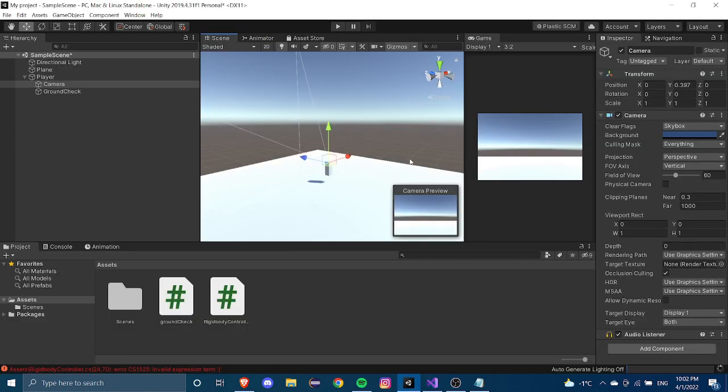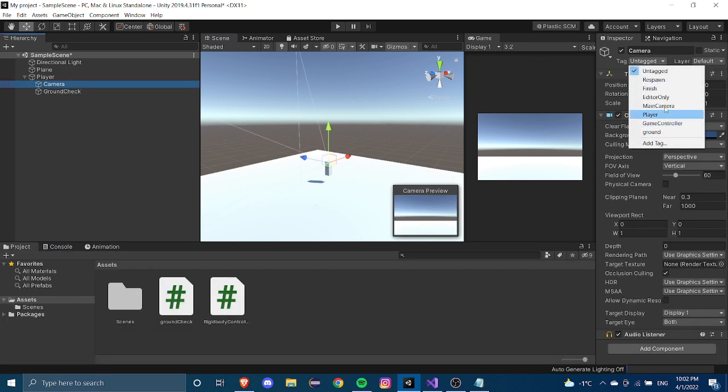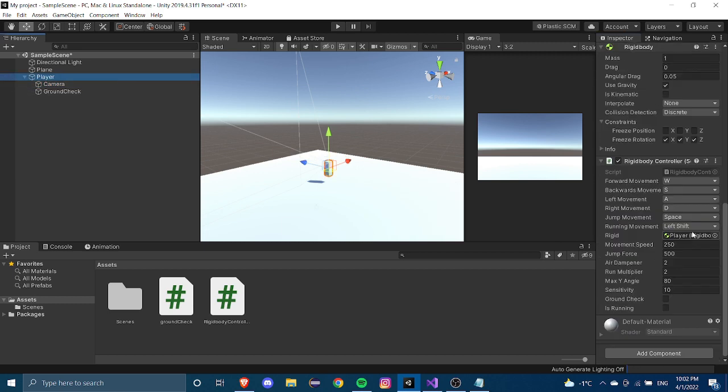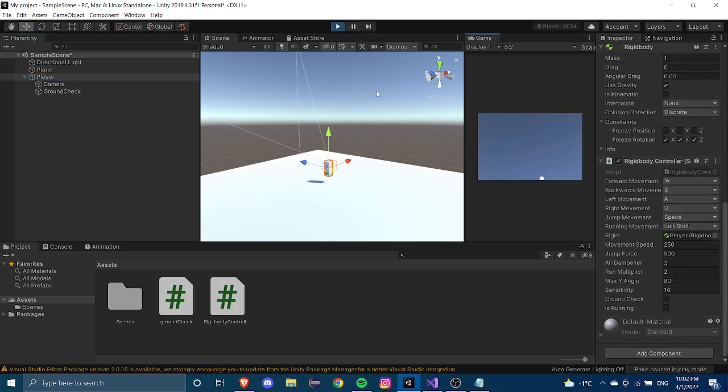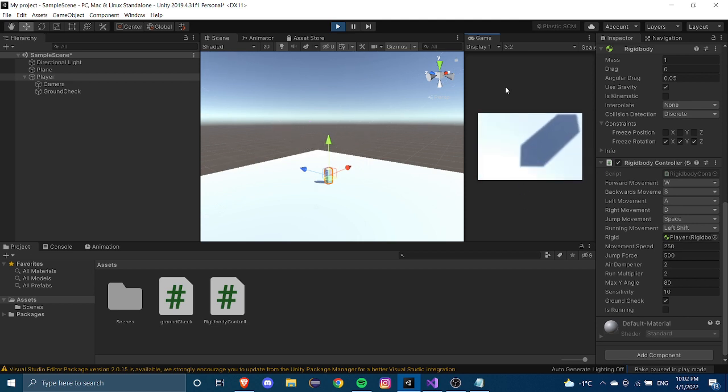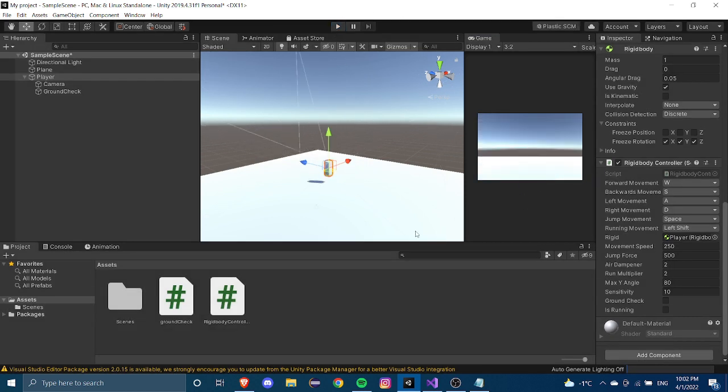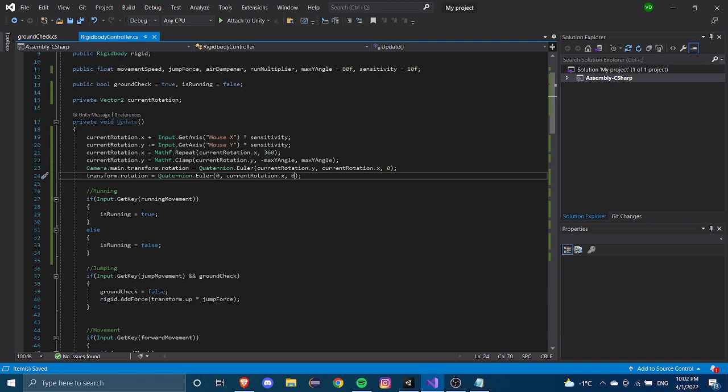Yeah, so now we can go back into Unity, and first we set our camera that we added to our player to be the main camera. We don't really have any variables to fill, so we're pretty much done here. One more thing, which is a staple in most FPSs,